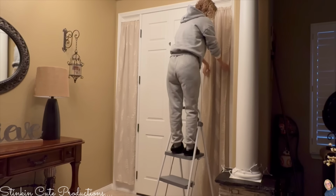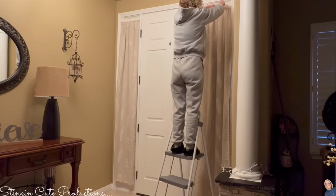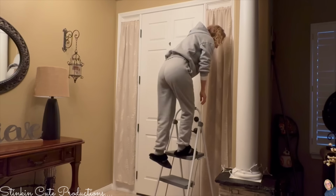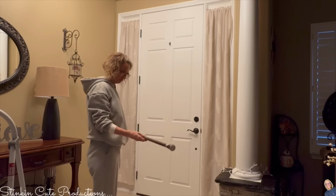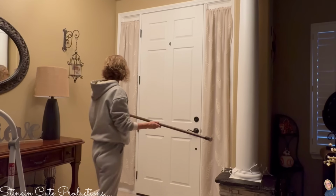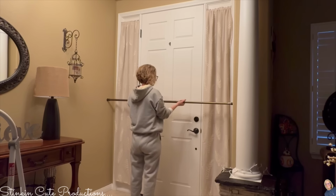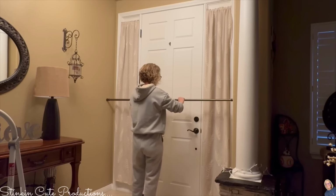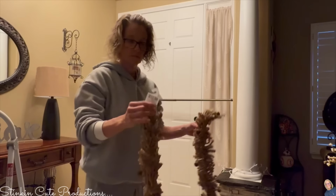And so, yeah, once I got these curtains up, I was super happy, but felt like I could still do more to this entryway. And I had seen a TikTok at Christmas time where they were using a tension rod in a hallway arch or entryway, and they were adding garland to the tension rod, and I just loved that idea. And so I went to Walmart, got an oil rubbed bronze colored tension rod to go with my stuff,